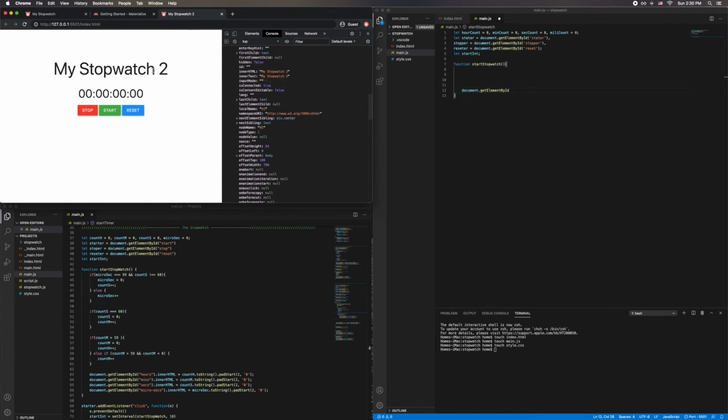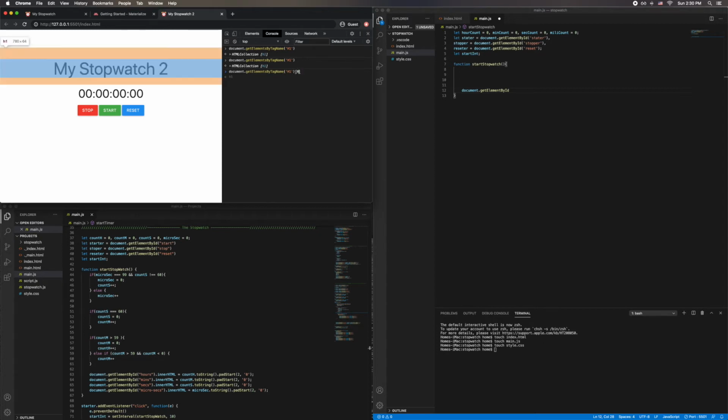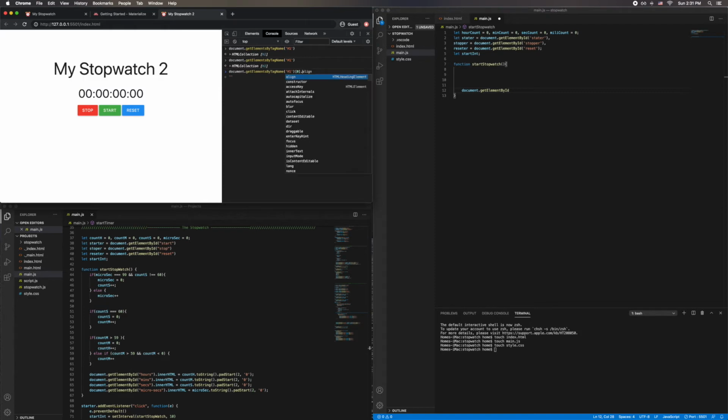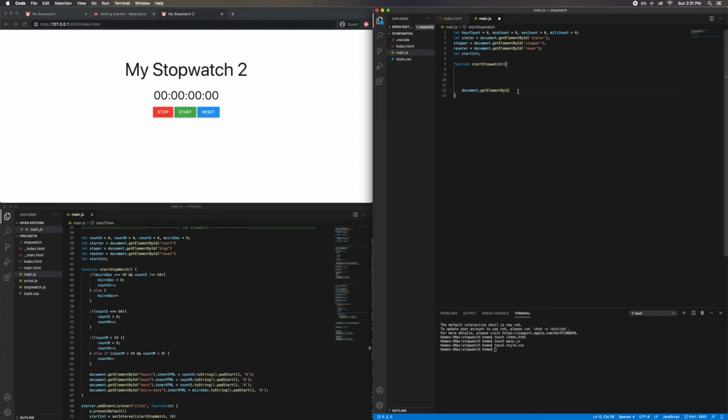So you can actually go this way, but because it's an HTML collection, you actually have to select the one that's within this array. It's actually an array. The HTML collection is going to be an array, and then you can do inner text, and you get my stopwatch too. So that's what we're going to be doing, but we're going to be capturing get by ID. So we're going to do it to the hours, and because we're using it by ID, remember